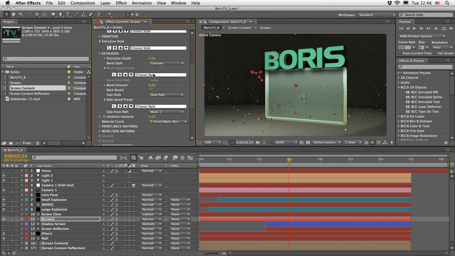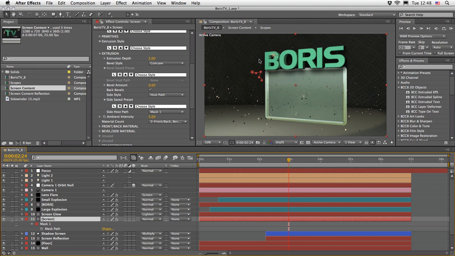And of course you have a couple more to choose from. And for the back bevel, I use the Host Path option. And this is just the basic mask which I drew here. So if I press M, you can see that I have just a mask here. And I can define that the After Effects mask is actually going to be used as a custom bevel